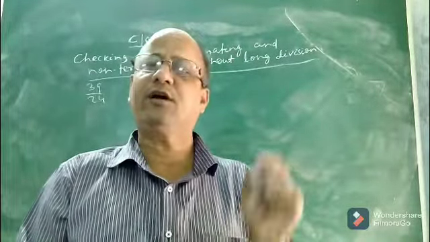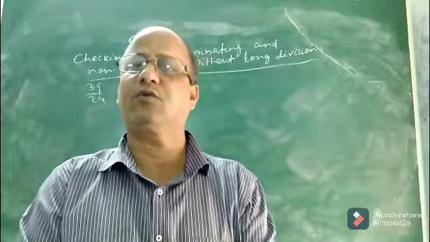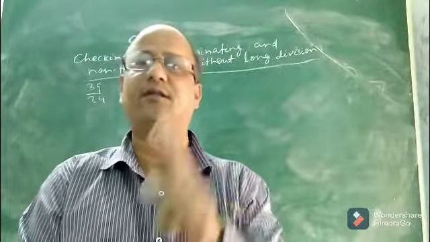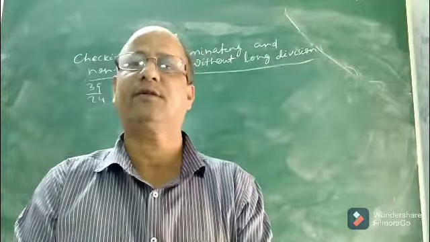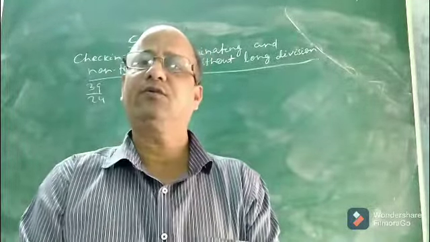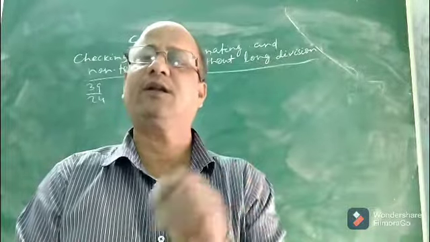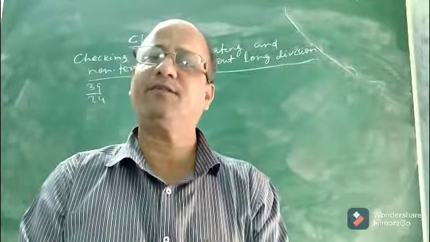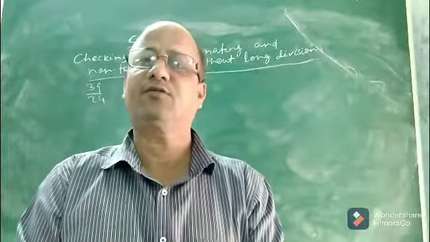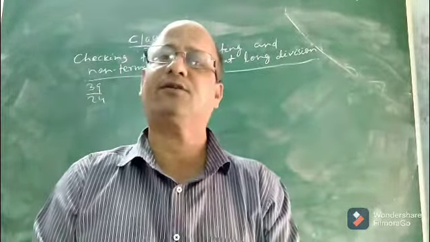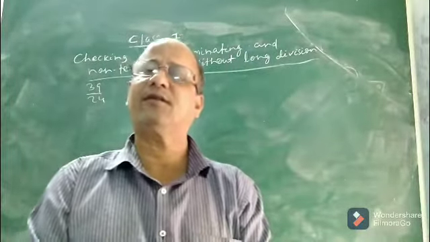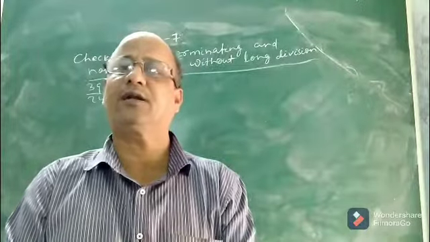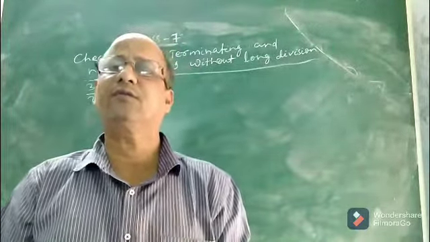Okay, children. Also, before that class I had discussed one more thing: how to convert a rational number into decimal form. Two methods I had discussed. One is the long division process. The other is to change the denominator of the rational number into a multiple of 10, that means to make it a decimal fraction, so that it can easily be converted into decimal form. These are the two methods which I had discussed.